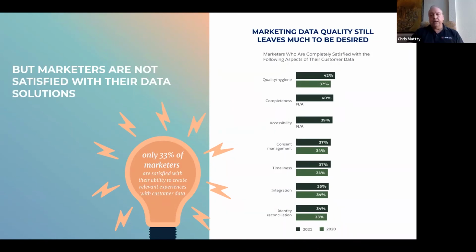Absolutely. Yeah. And then you get into things like evolving privacy, timeliness. Is it accurate data? Integration. Can you activate directly into Facebook, Google, and LinkedIn, or do you have to manually do the process? Are you integrated in with HubSpot? Can you have data flow from the different platforms and solutions and products flow effectively?